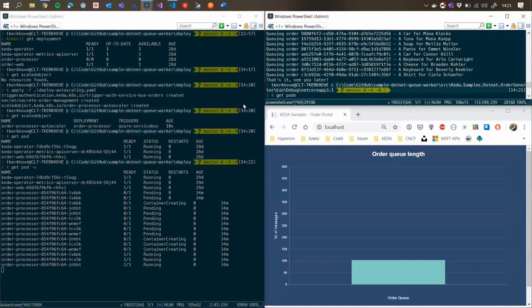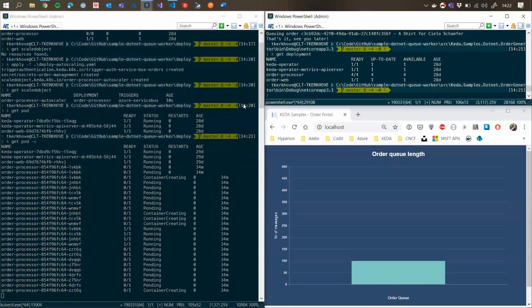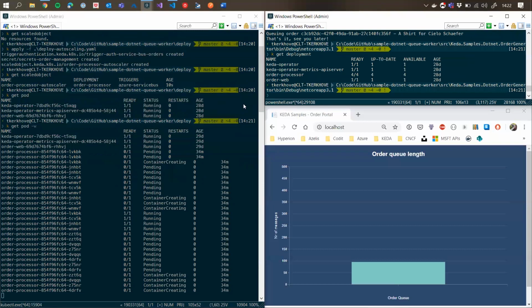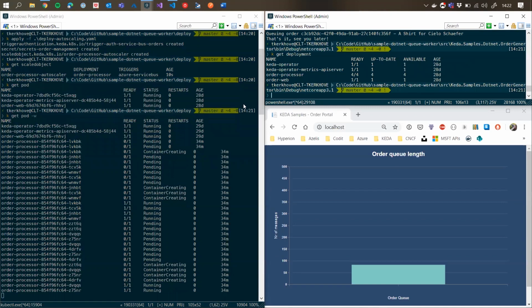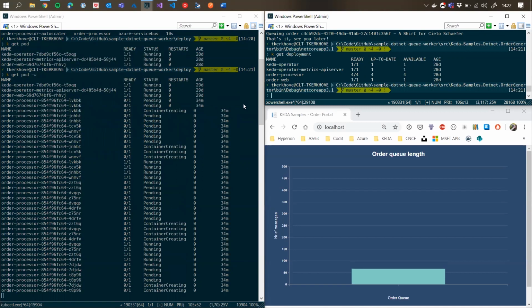So if I now do a get deployment, you will see that we have a total of 4 pods already. Now, as the messages start being processed, because the pods are up and running, you'll see that the queue is draining, and over time, it will basically fully shut down. Because I took 100, it might take a small amount of time, but in the meantime, I can show